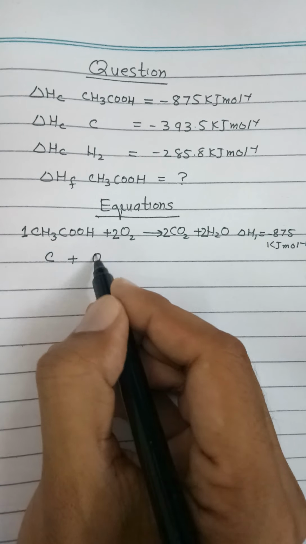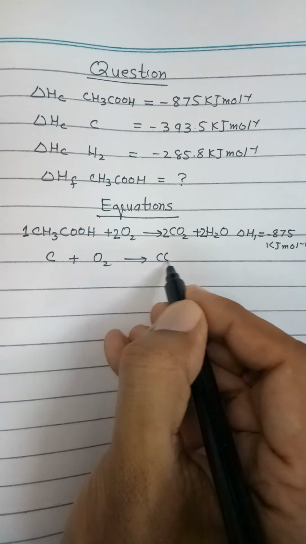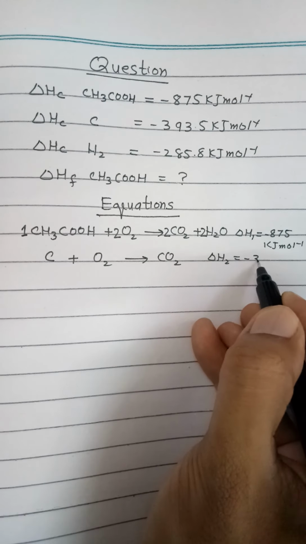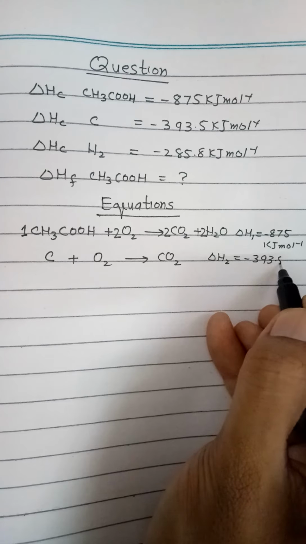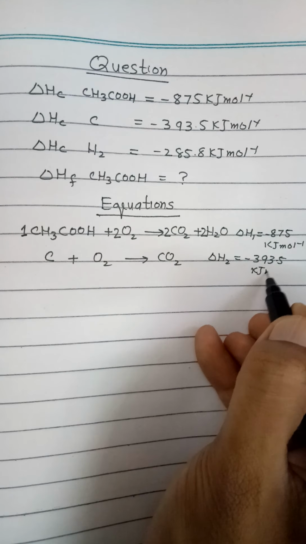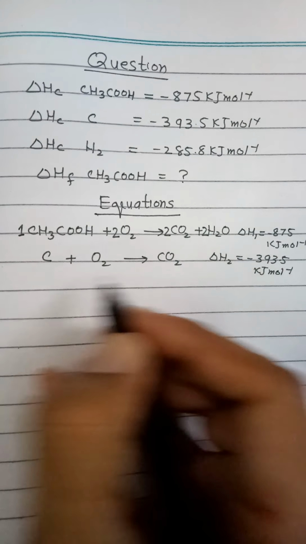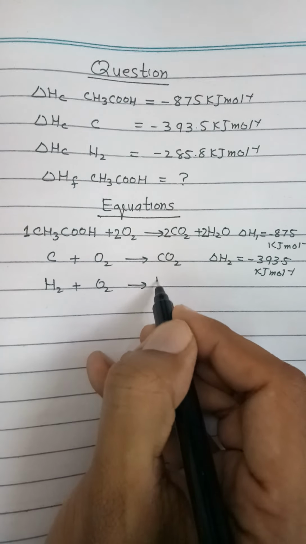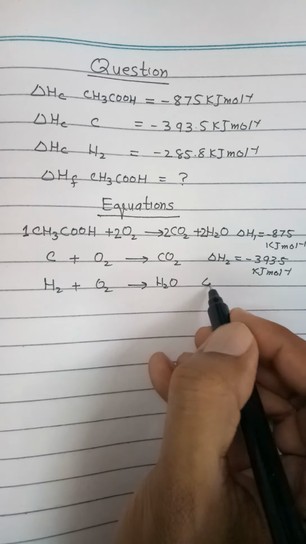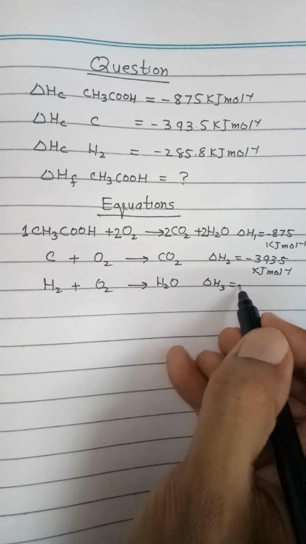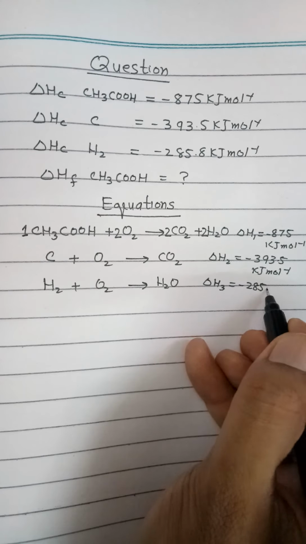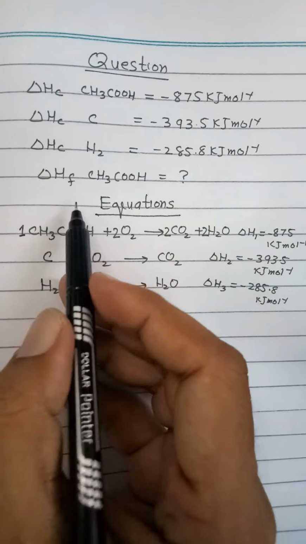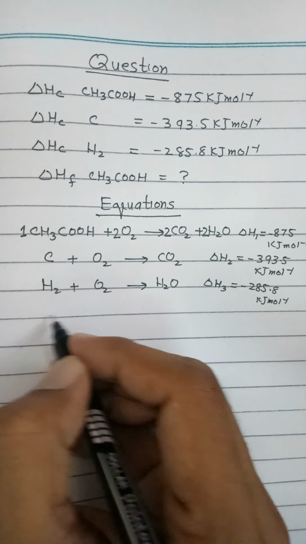As carbon is burned in the presence of oxygen, it forms carbon dioxide. Delta H is equal to minus 393.5 kilojoule per mole. Hydrogen is burned in the presence of oxygen, which forms water, and delta H is equal to minus 285.8 kilojoule per mole. And as 1 mole of acetic acid is formed,